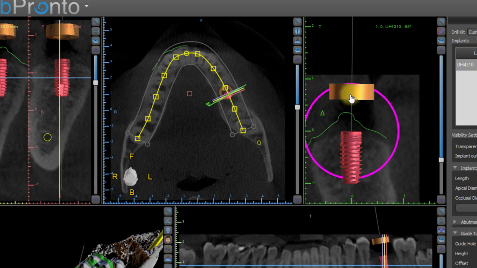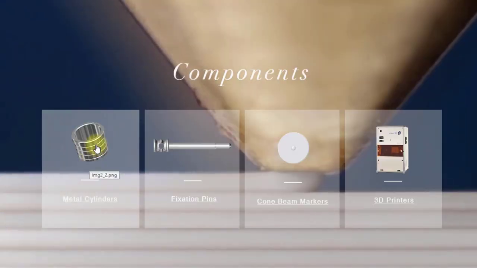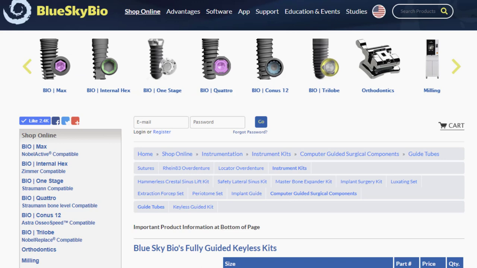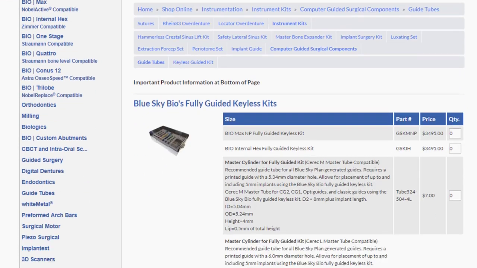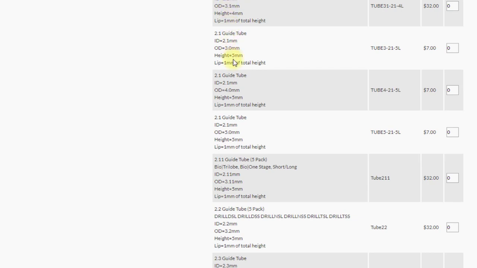In order to know what guide tube should be used, first determine the diameter of the drill you're going to be using. Let's say that the drill you're using is a 2.0 pilot. To select the guide tube, go to blueskyplan.com. Click on Components, click on Metal Cylinders, then click on All Guide Tubes. We said we'll be using a 2.0 drill, so we add 1/10 of a millimeter, and we'll be looking for a guide tube with an inner diameter of 2.1. An ID of 2.1 can be found on at least 4 guide tubes. We'll pick the second one here on our list, tube